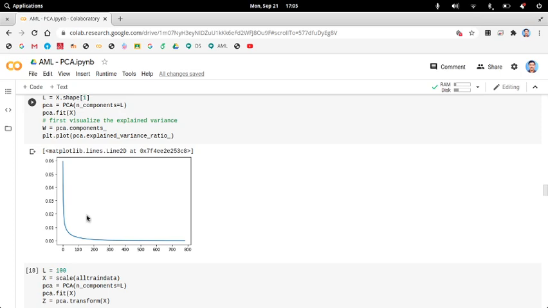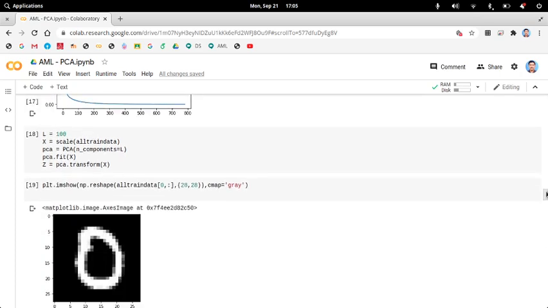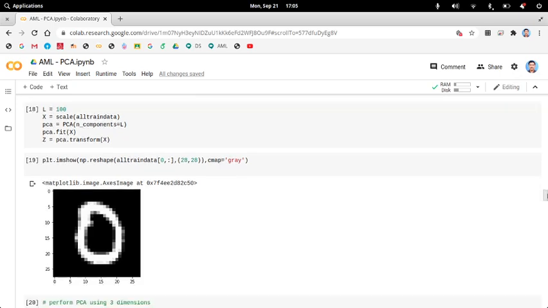So this is your tree plot. Now if L is equal to 100, then x is all the training data, PCA with components equal to L, then you fit with x, then you transform, then you can see that you can reconstruct your image with only 100.